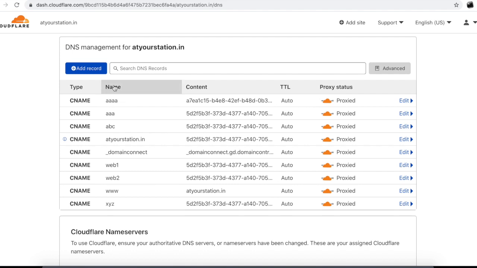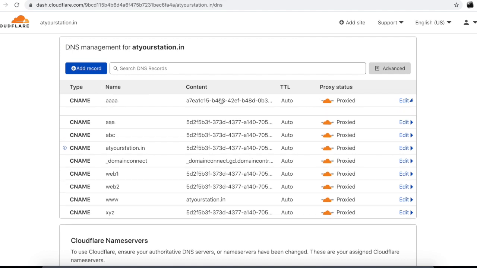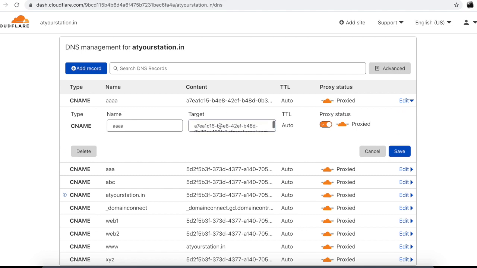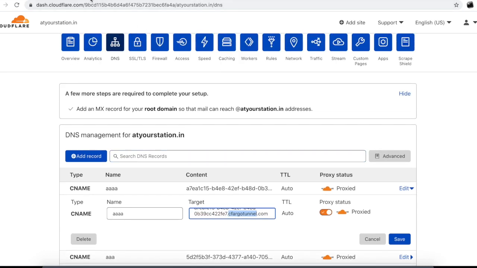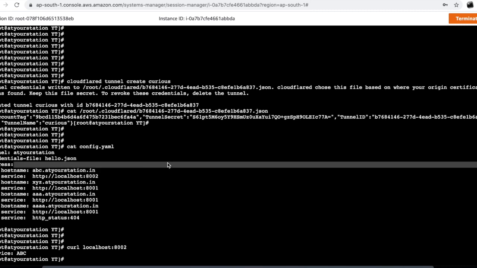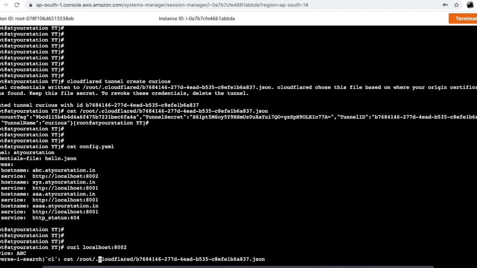So these subdomains are already present, using a CNAME as my Argo tunnel's ID, with this suffix. And if I need to add one more route in my Cloudflare account, I can do it from here as well.